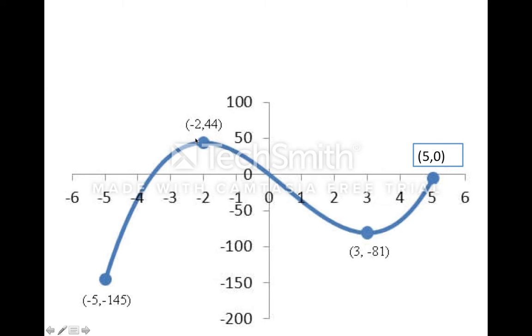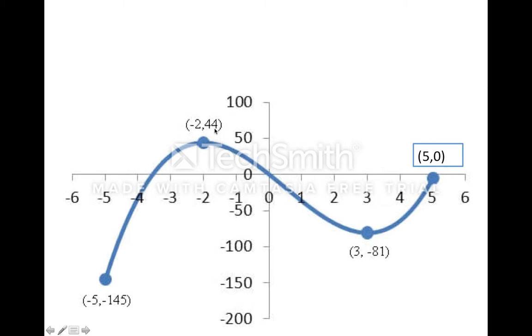It has a local maximum at x equal to negative 2, and that local maximum is 44. It has a local minimum at x equal to 3, and the y value is negative 81. The absolute minimum occurs at x equal to negative 5 because the smallest y value is negative 145. Negative 2, 44 is also an absolute maximum as well as a local maximum because the biggest value of y